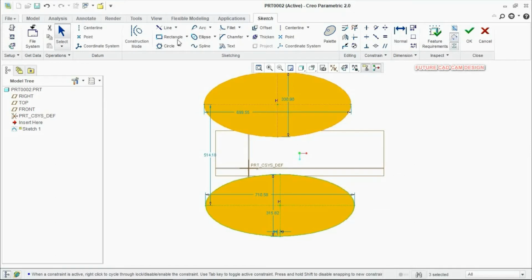Both are ellipses, the only difference is in axis and ellipse, you need to click point to point. Inside the two points, your ellipse will be created. In center and axis, you click only the center point and one edge of the ellipse, and then based upon the distance, your ellipse will be created.